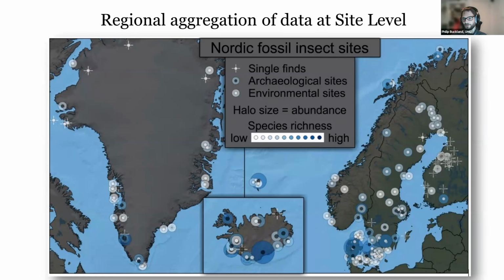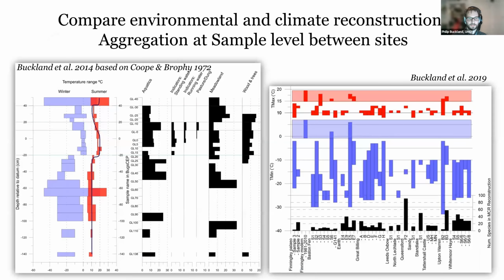And then we can do lots of fun statistics with these things. We can look at biodiversity indicators. We can do climate reconstructions. This on the right is a climate reconstruction of all of the sites from the British Isles from the last ice age, trying to understand what's happening in terms of temperature variation during the ice age. Are we just getting the warmer bits preserved when it comes to the environmental evidence? And of course, comparing, this is some of Russell Coope's work, comparing changes in temperature to changes in environment.